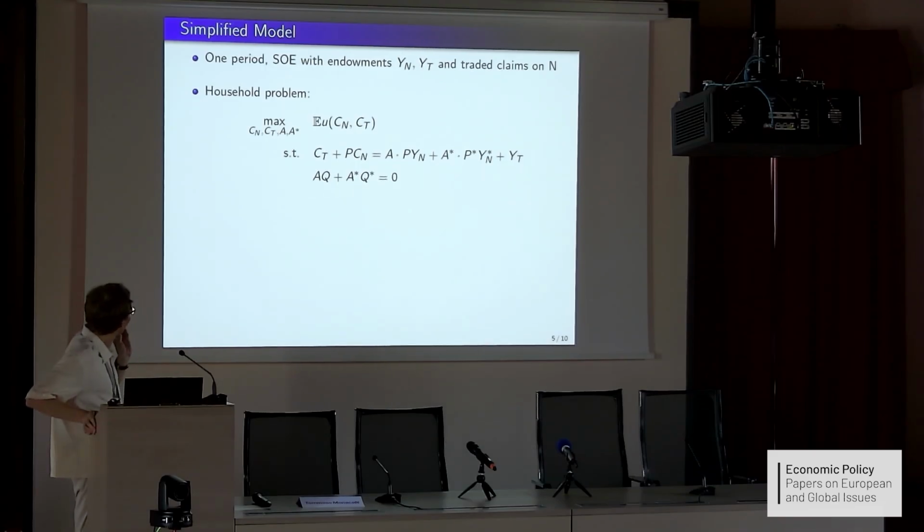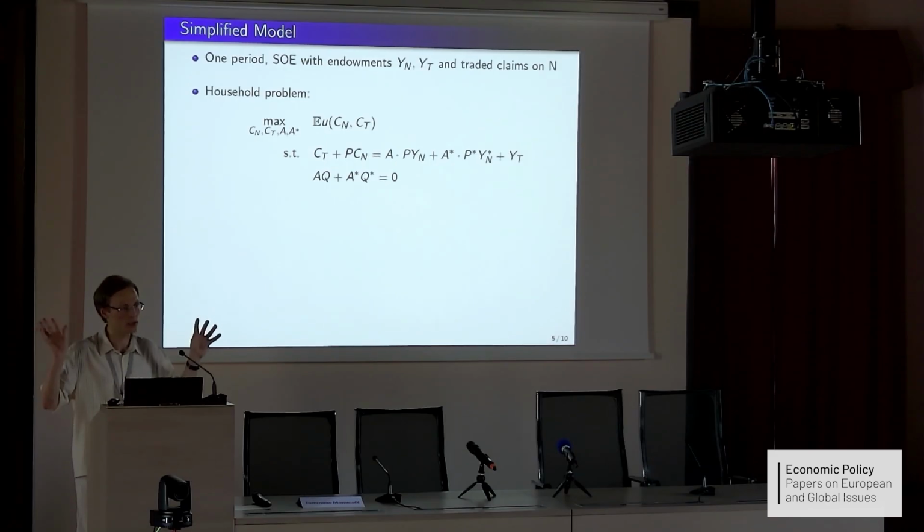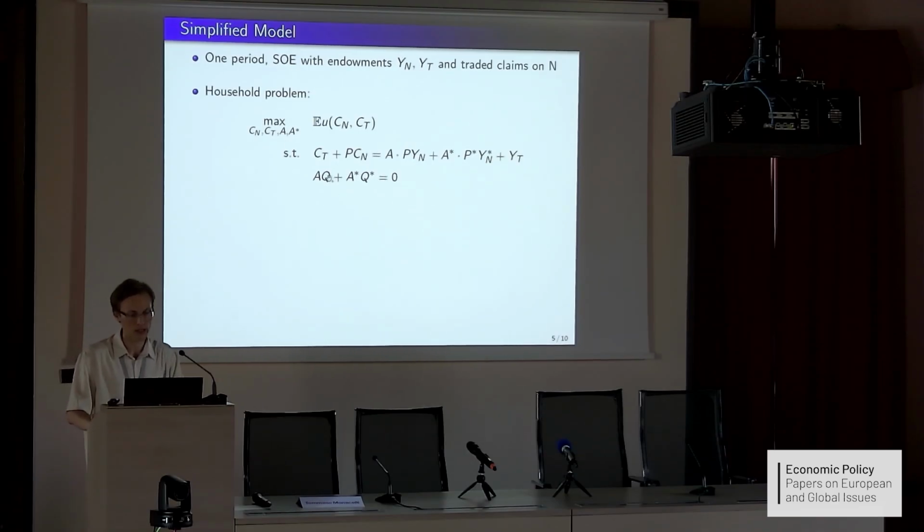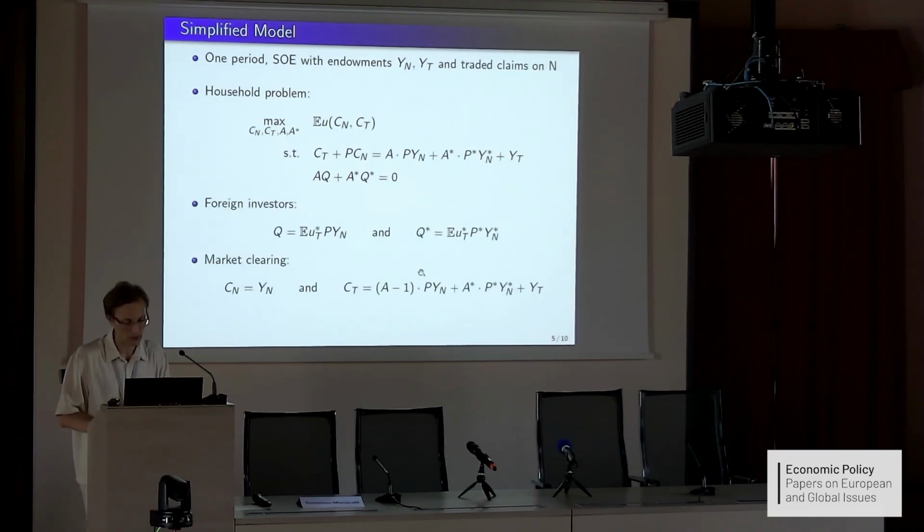Think of a static model, the same model, a small open economy. Let me go back to non-tradables and tradables. But now let me take seriously how you implement this risk sharing, the portfolio choice. So there are only Lucas trees for non-tradable goods, and households can trade shares in these two Lucas trees. So you have ex ante, before uncertainty is realized, you choose positions A and A star in home and foreign assets with prices Q and Q star. And then in the second period, you collect dividends on these two assets. You get some endowment of tradable goods, and then you use this for spending.